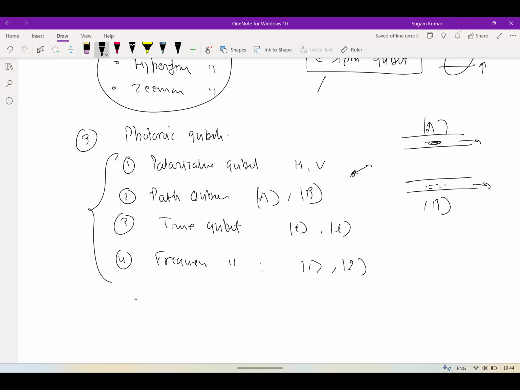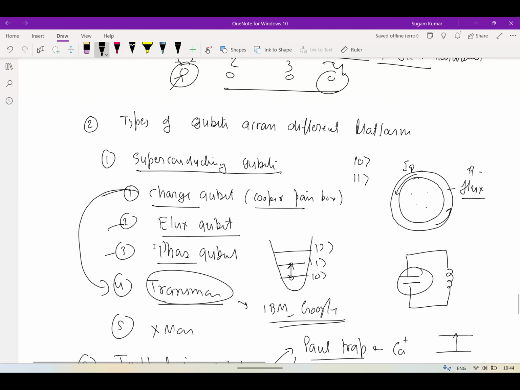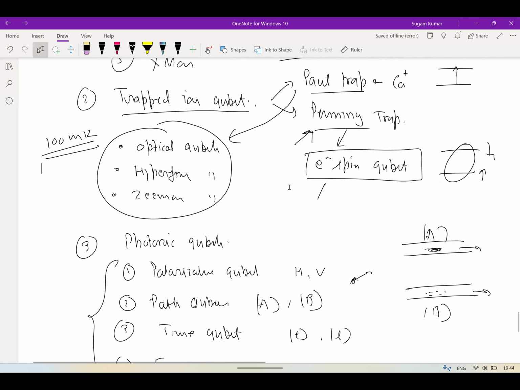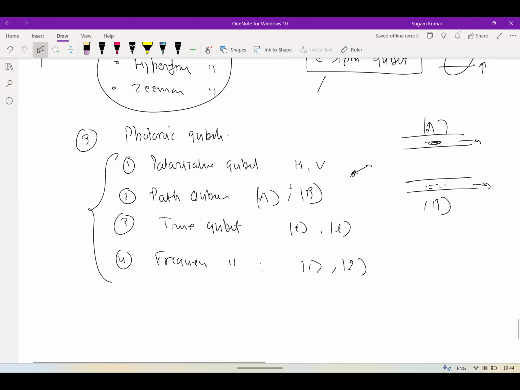The advantages of these photonic qubits are numerous, because they don't need cooling. We will see that in the superconducting qubits and the trapped ion qubits, we need to cool down the whole system below 100 millikelvin, and that requires a good amount of investment. Whereas in photonic qubits, no such investment is required, because we don't need cooling. They can work at room temperature. But producing these qubits and sustaining them is more challenging in comparison to electrons or ions, which you can trap in a particular fixed location.